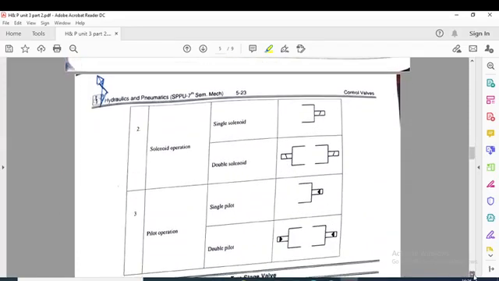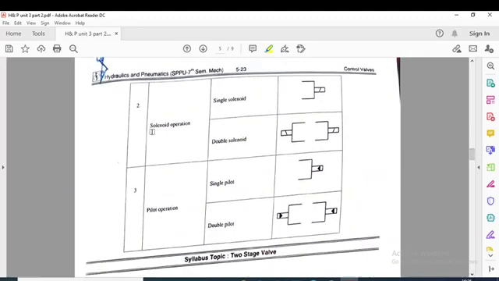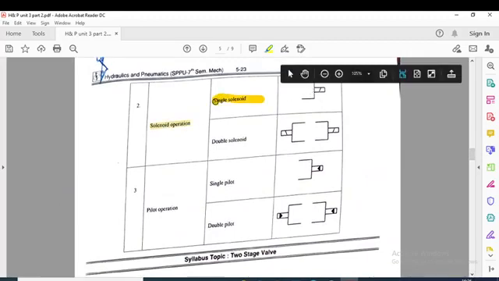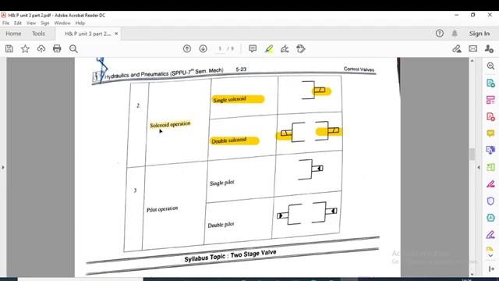Then when it comes to automation, we have the valve named the solenoid operated valve. This is the single solenoid valve, and this is the double solenoid valve. If this is connected only on a single side, then it becomes a single solenoid, and if this type of structure is connected on both sides of the valve, then it becomes a double solenoid direction control valve.